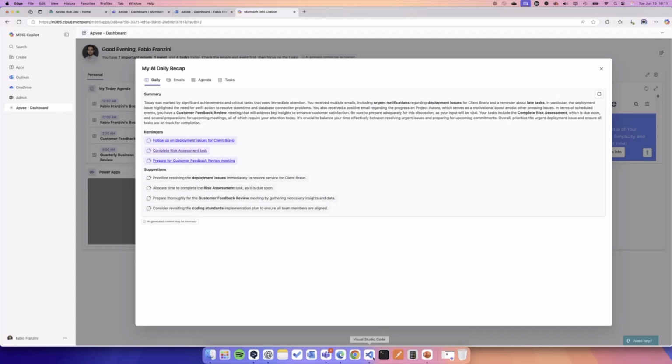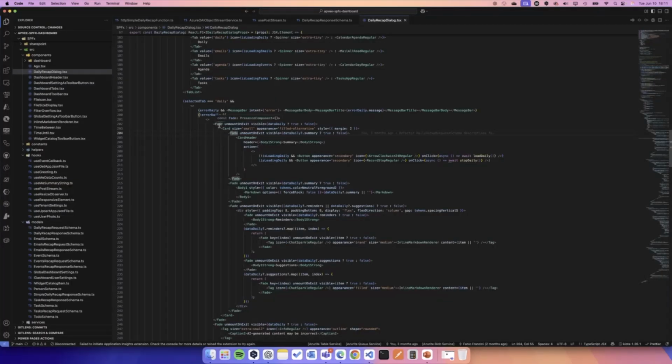So the idea is to use Fluent UI 9 to use some cool components like the fade to make this smooth effect and make the component visible just when we have the data, and then inside render, for example, a card, again with a fade if the summary is present, and then a card header with the summary, and here inside the action some buttons, or a markdown because the text result is in markdown